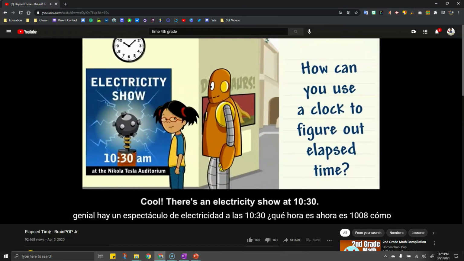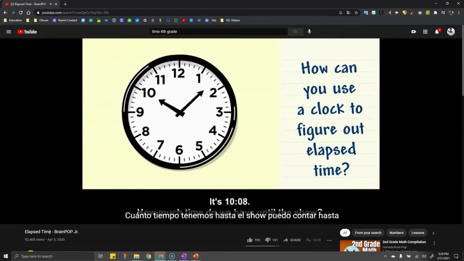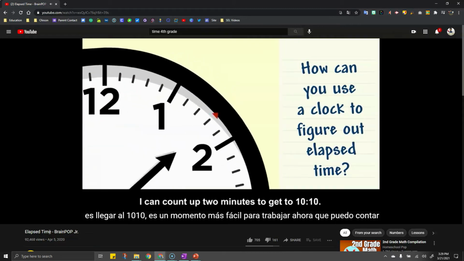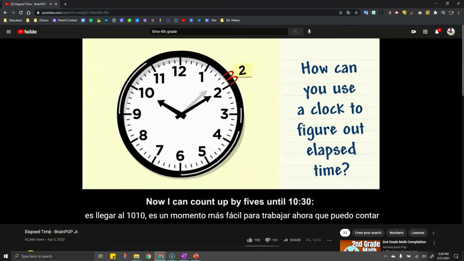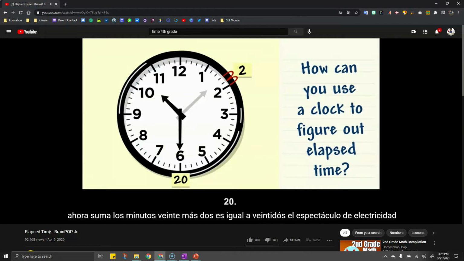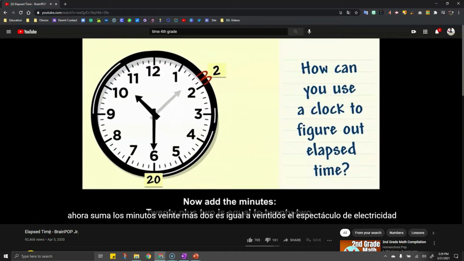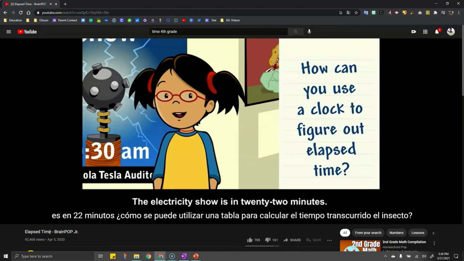Cool! There's an electricity show at 10:30. What time is it now? It's 10:08. How much time do we have until the show? I can count up 2 minutes to get to 10:10. That's an easier time to work with. Now I can count up by 5s until 10:30. 5, 10, 15, 20. Now add the minutes. 20 plus 2 is equal to 22. The electricity show is in 22